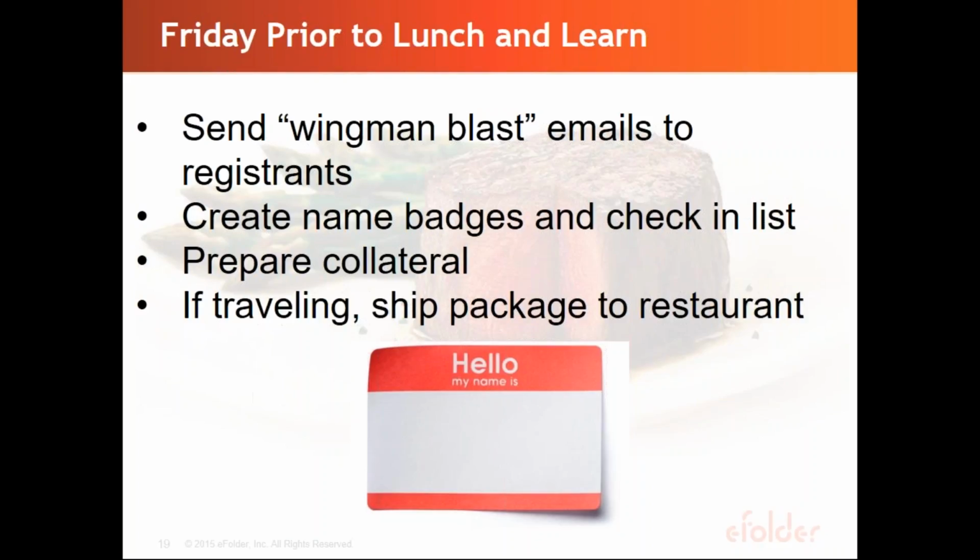And then if you're planning on hosting several different events in various different locations, consider sending out a package straight to the respective restaurant. And that package could include anything like name badges, a registration list, that makes it easier for you to keep track of everyone who attends and shows up on the day of. But you can also include collateral like marketing handouts or pencils. So that's just something to consider doing. And it makes it easier for your salesperson on the day of to not have to carry all that stuff around with themselves because it's already at the restaurant.